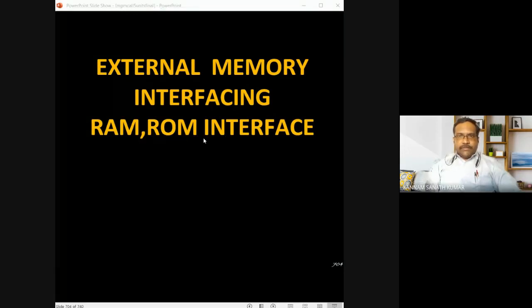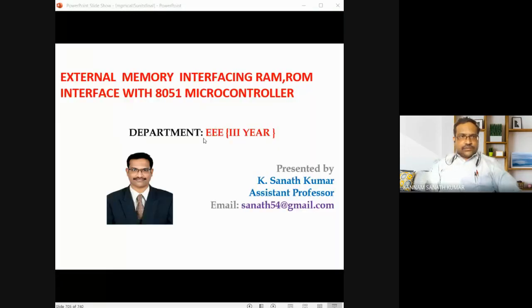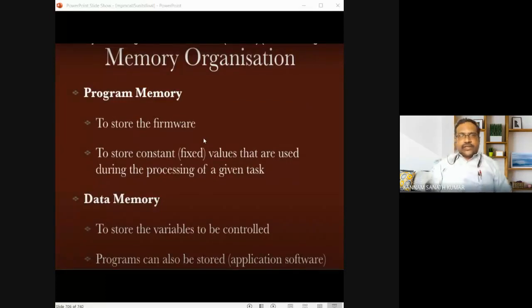So here, memory organization. Coming to the architecture, microprocessors and microcontrollers are divided into two types: Harvard architecture and von Neumann architecture. In von Neumann architecture, you have both the program memory and data memory in a single memory.